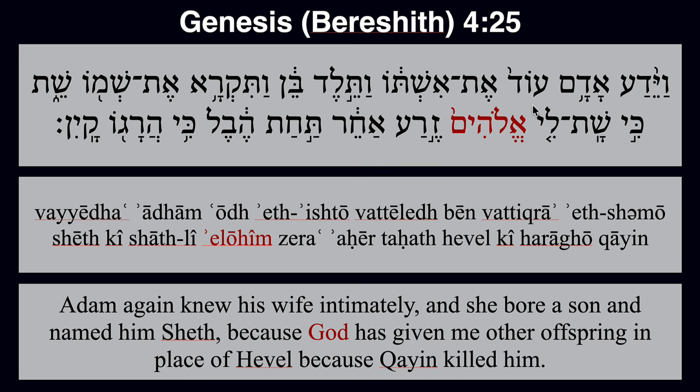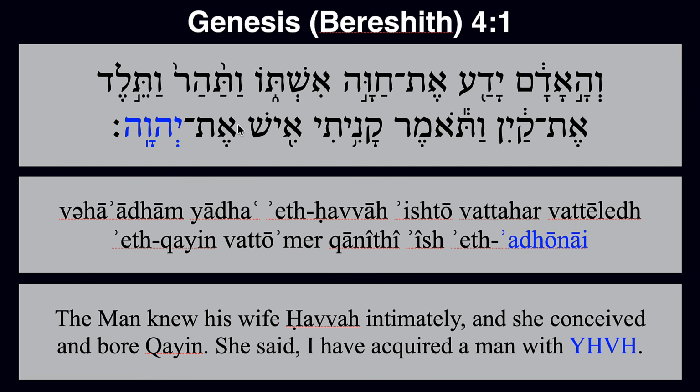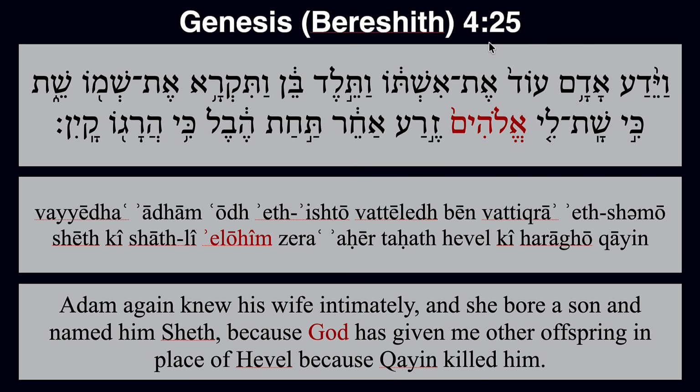Interestingly, by the way, I forgot to mention that the compound name is missing in chapter 4. You see, she says Hashem, but notice that Hashem Elohim is not there. So they are outside the garden. Cain is born outside the garden, and Hashem Elohim is not used. She says Hashem, as though they are now separated for him, and I'll tell you why. Because in verse 25,